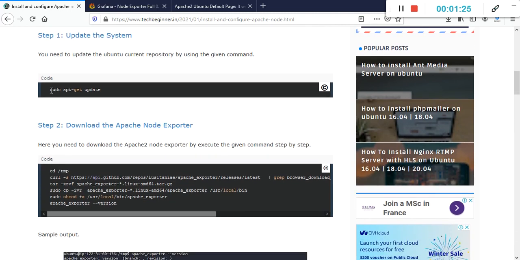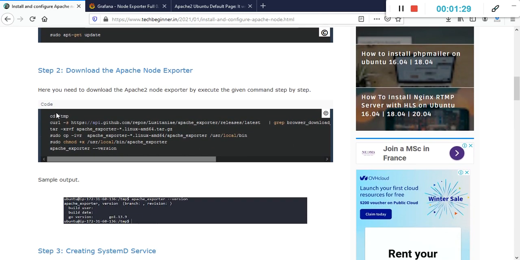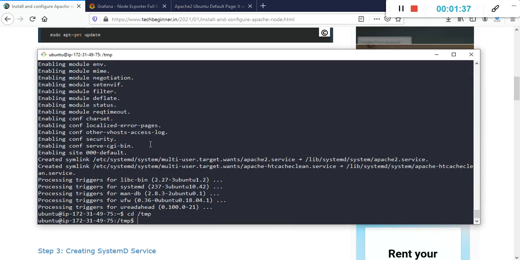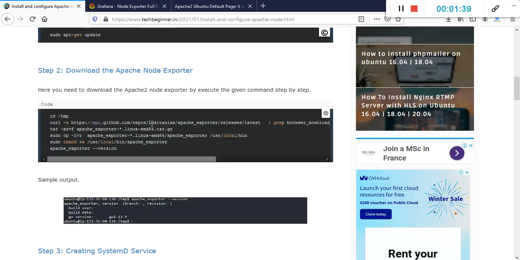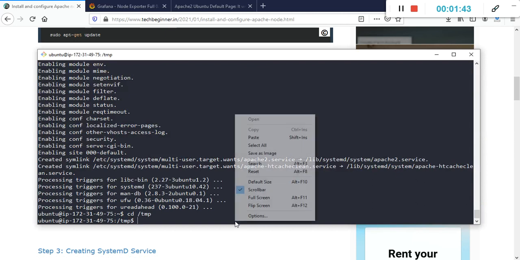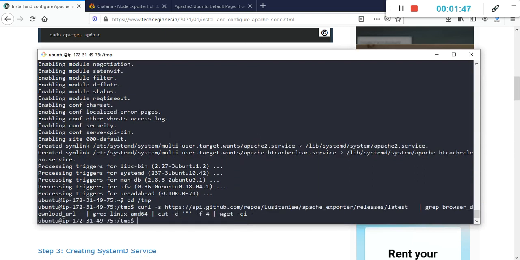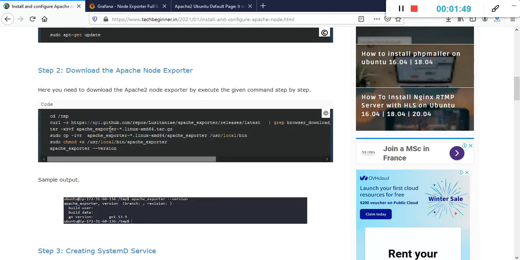So we need to update, it is not required. We have already used this. Now we need to go to the temp directory to download the Apache node exporter. So just copy and paste. Then we need to use this curl command. Just copy and paste here. It will download the Apache node exporter. It's done. After that we need to